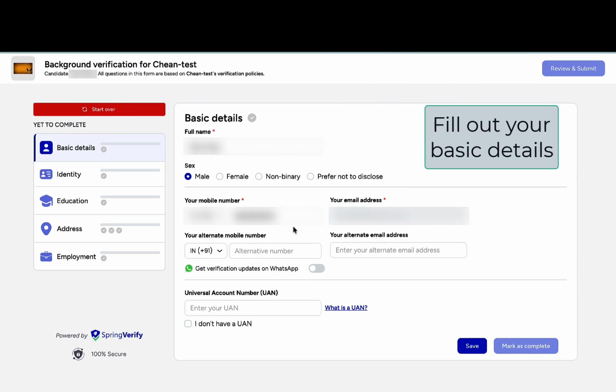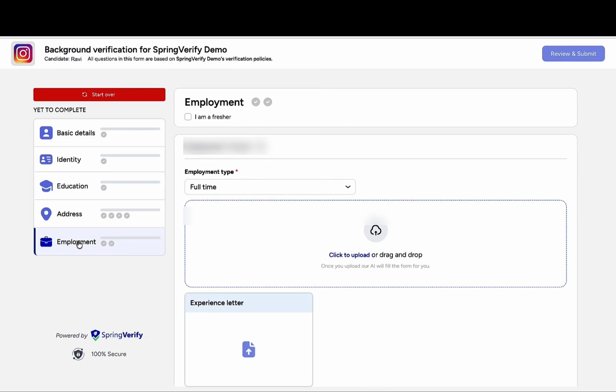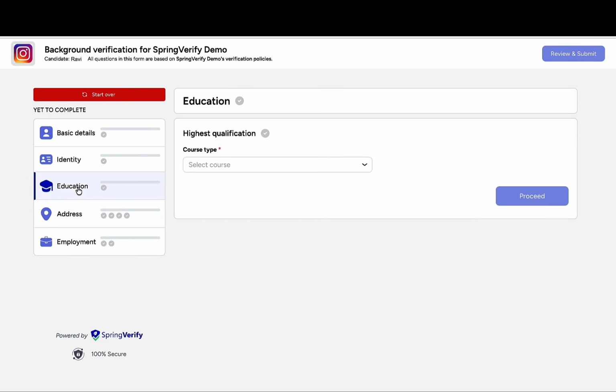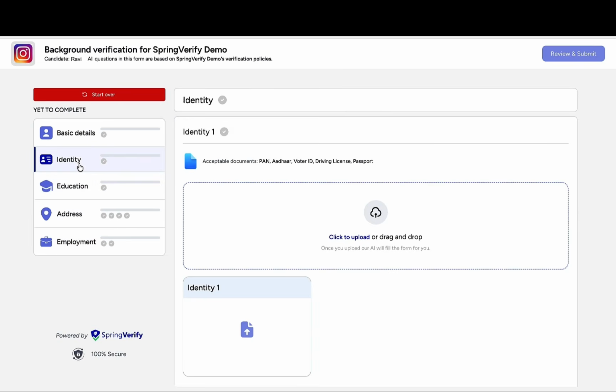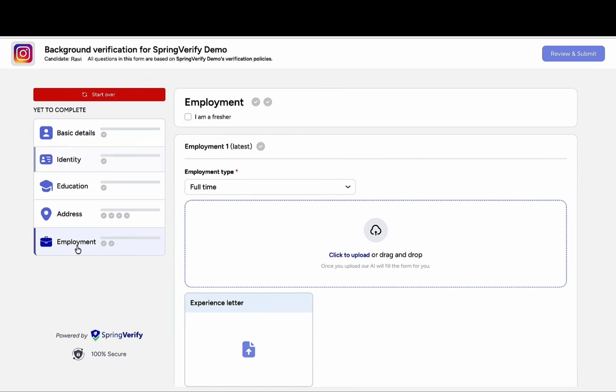First up, your basic details. Your name, contact number, and email are auto-filled wherever possible, so there's very little typing for you. Just double-check everything looks right before you move on to the next step. By the way, you're not locked into filling this in order. You can jump into education, address, identity, or employment, whichever you'd rather start with, and come back to the rest